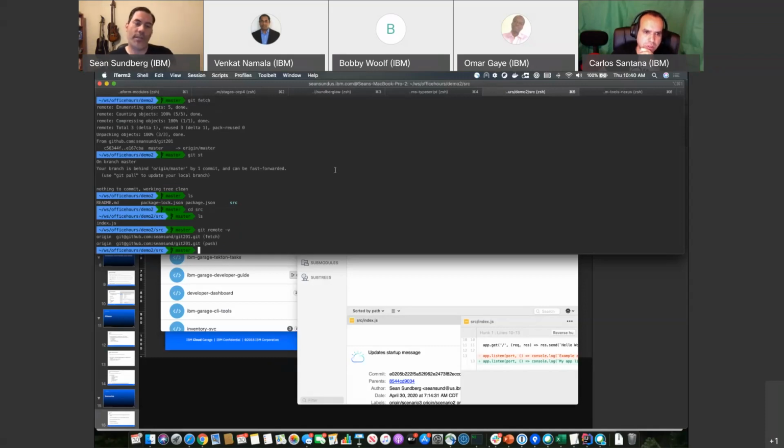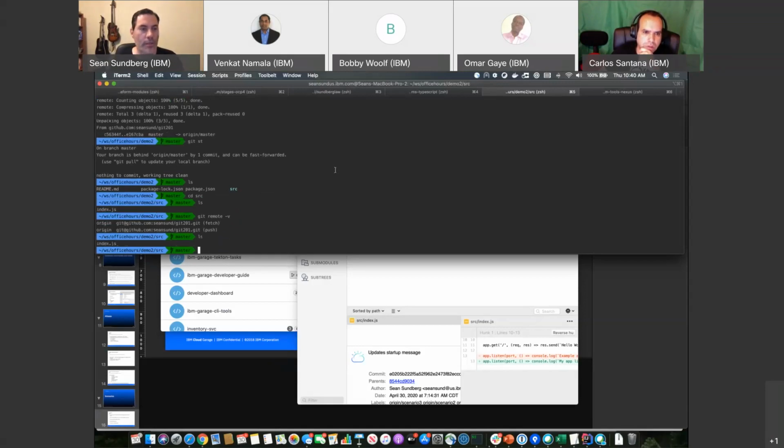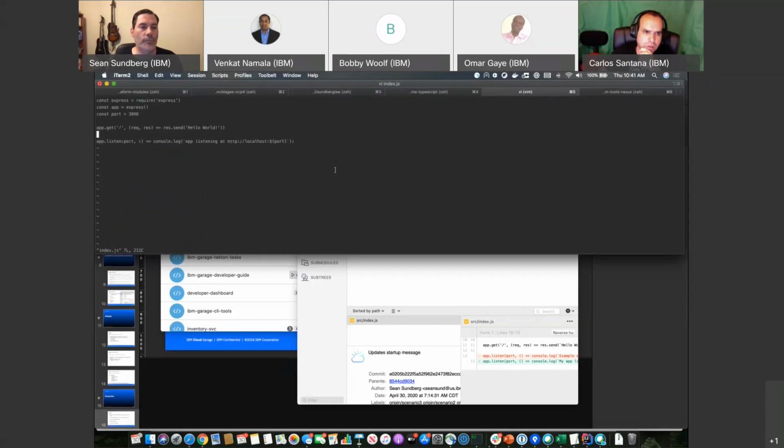So yeah, git remote -v, and this is where I was saying you can have a different fetch and a different push. By default, they're the same. And when we get to the fork, I can show you either this week or next. So if I want to make a change to my index,